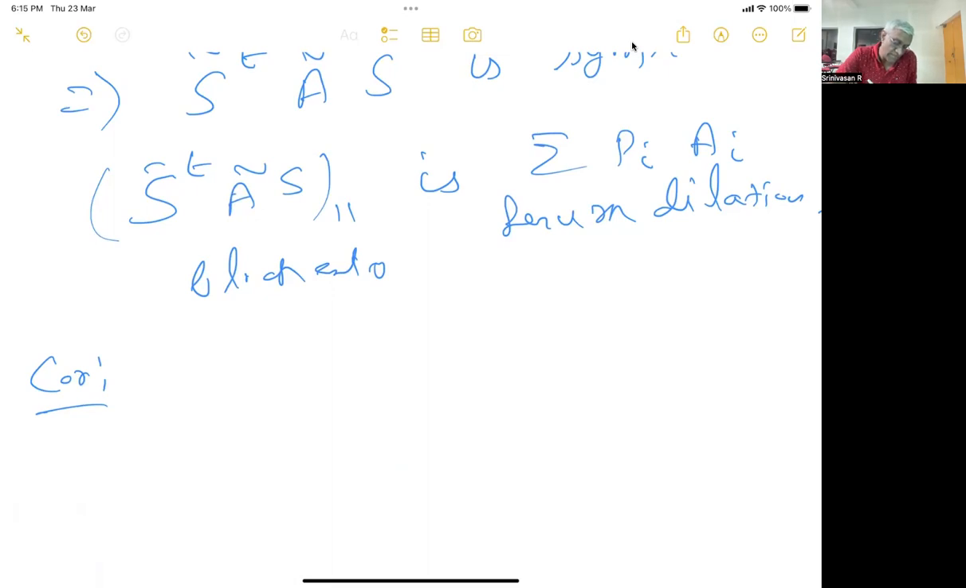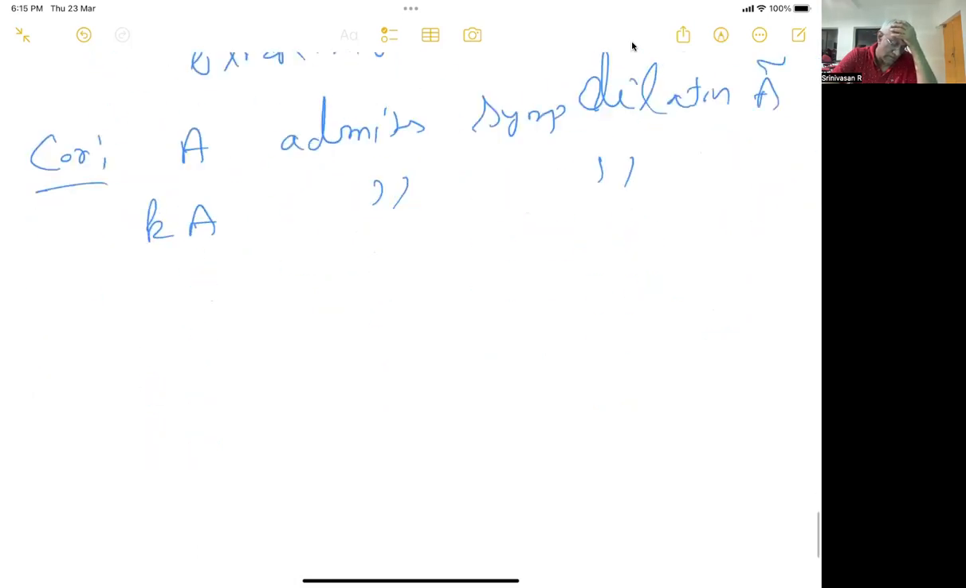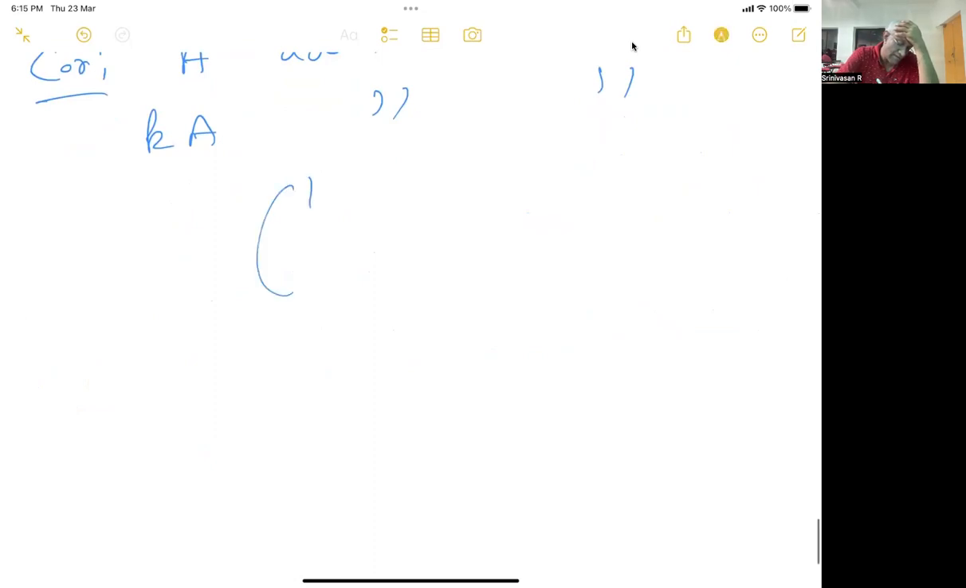Say it again. If A admits a symplectic dilation of the same order, a symplectic dilation A tilde, then KA admits a symplectic dilation. So what is the symplectic dilation? You want to have KA. So you already have